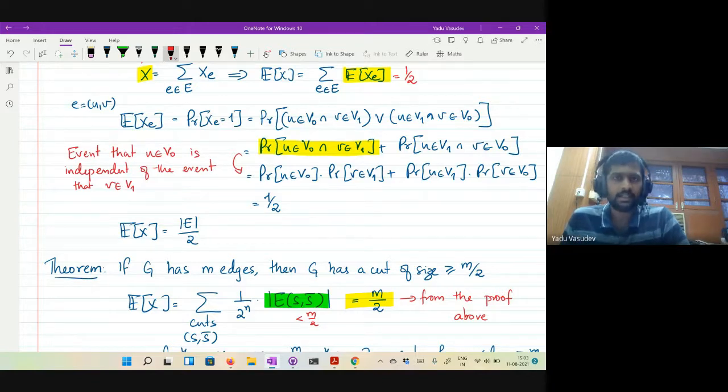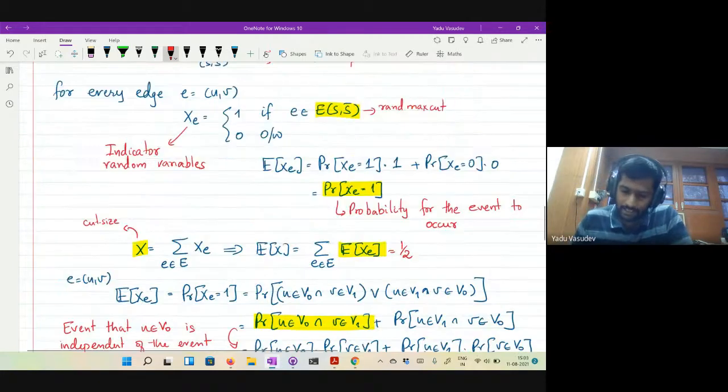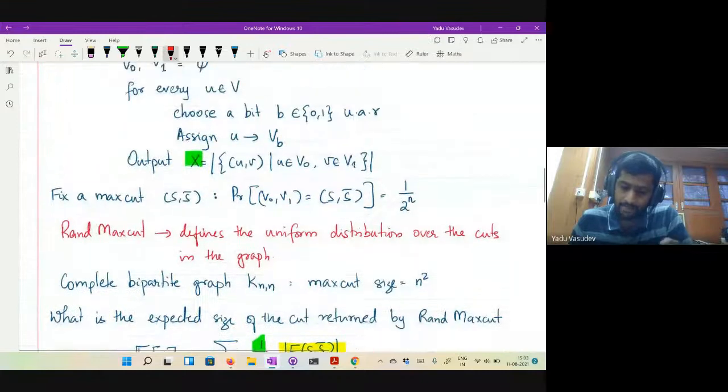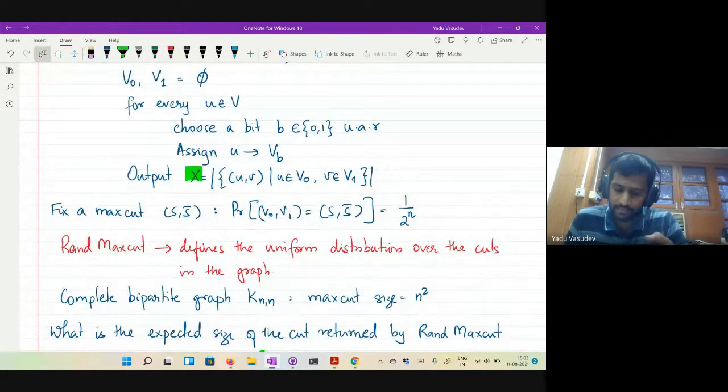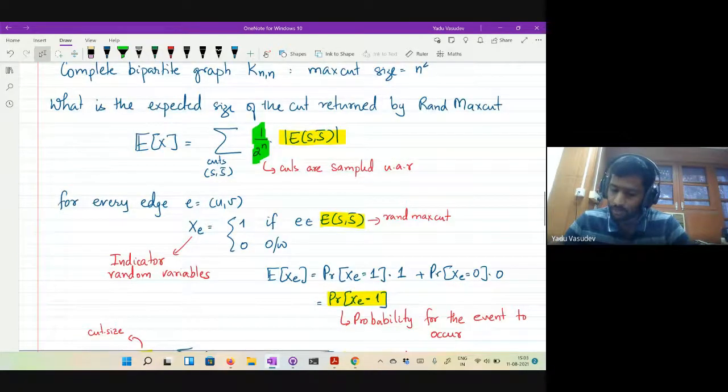Our algorithm assigned every vertex uniformly and independently at random, in such a way that all these events are completely independent. That is the way the algorithm has been defined. But our analysis does not seem to assume full independence.